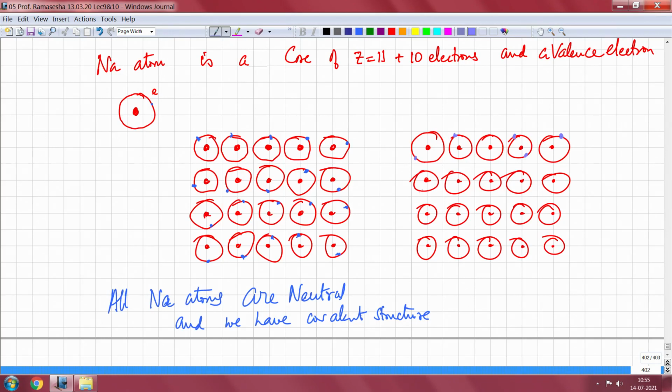Let us assume that this has 2 electrons, this has none, and this is neutral, and this is also neutral, and I have 2 electrons in each, so now this must be also neutral, otherwise charge neutrality won't be there. So let us assume that this has got 2, 1, 0,